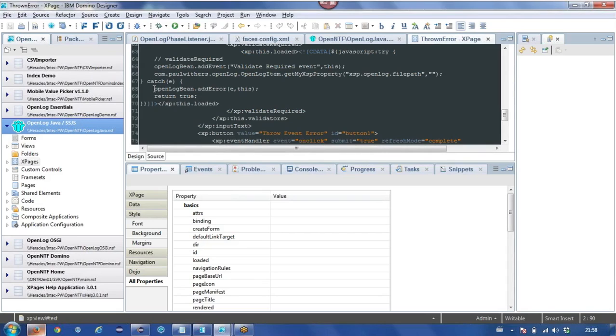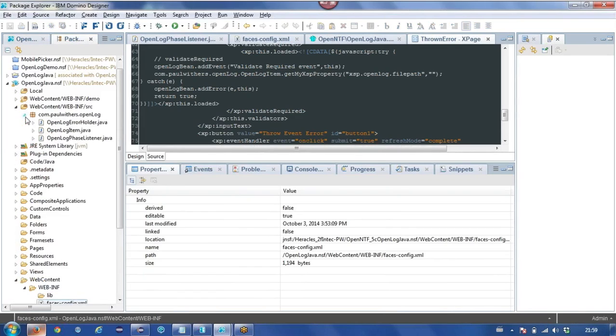With the XPages OpenLog logger stuff, you'll only get one error log. Oh, that's cool. That's nice. Because I'm storing this OpenLog bean in a tree map, which basically only allows unique entries. So if it's the same message for the same component multiple times, it's only going to print out for the first phase that it hits.